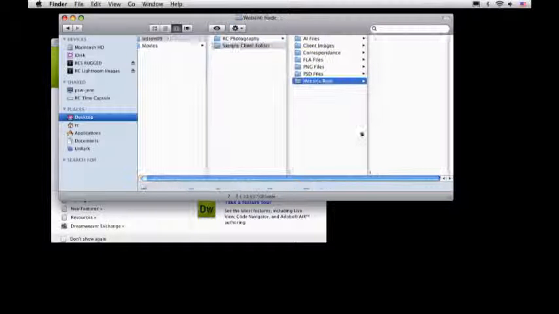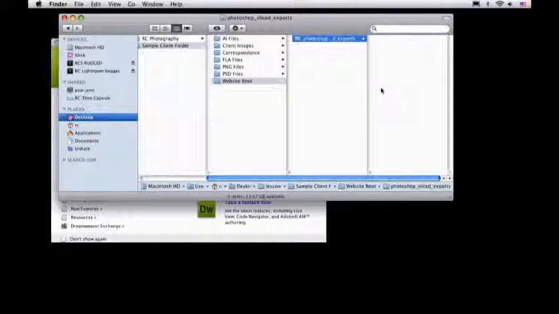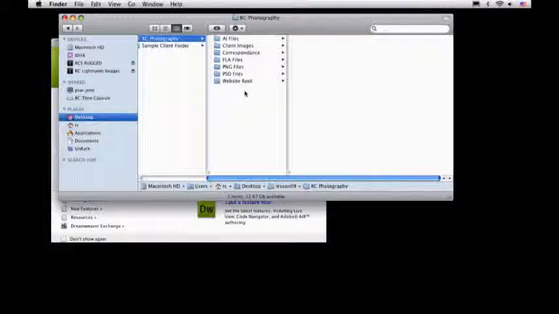Then you have a section here called Website Root that holds a folder called Photoshop Sliced Exports. That's all going to be used for any kind of website design stuff. I have another folder called RC Photography. Now this is the aggregate of all of the stuff that we've been working on. Again, most of these files are empty, but all of the work that we've been working on here is in